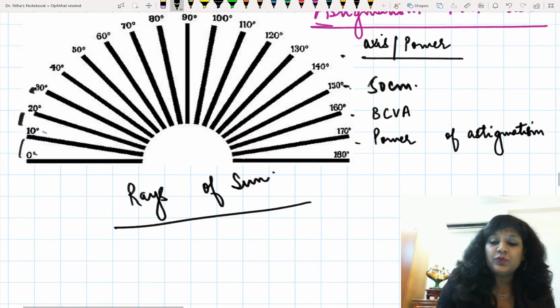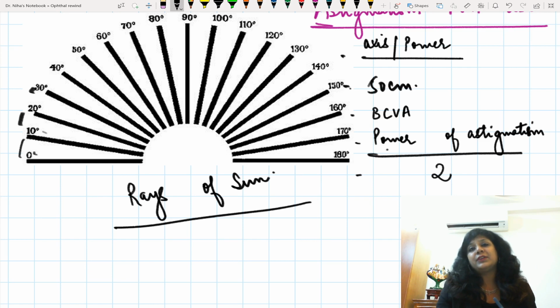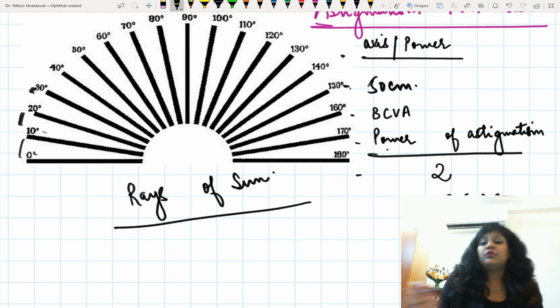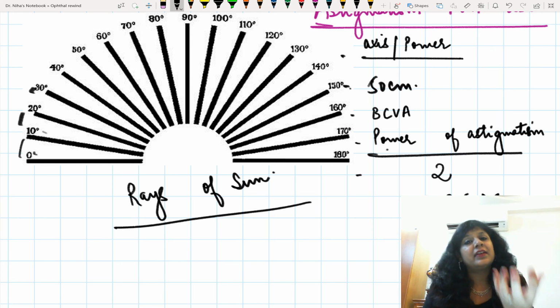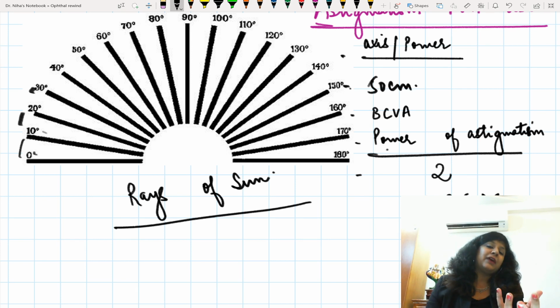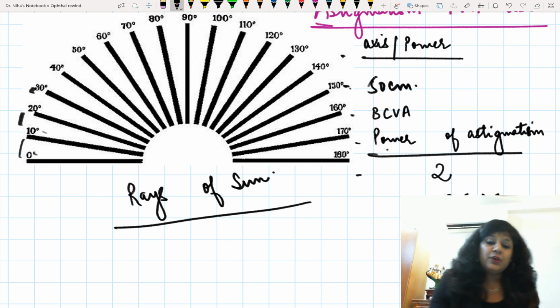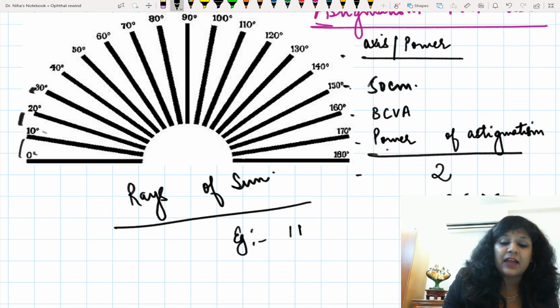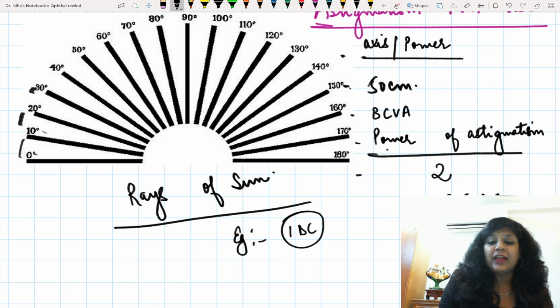Now what you will do, you divide this power by 2, and then add plus 0.5 dioptric sphere to it. So what we are doing, we are calculating the rough amount of the astigmatic power and dividing it by 2. For example, suppose I get a 1 diopter cylinder. So I will divide it by 2. So this becomes 0.5, and then again I add 0.5 sphere to it, plus 1.